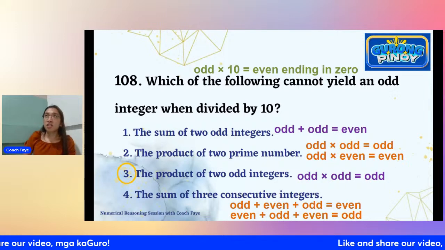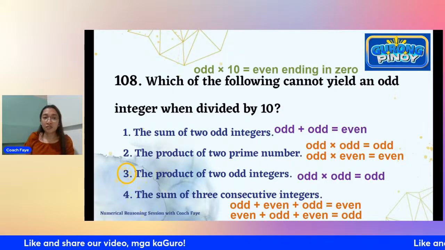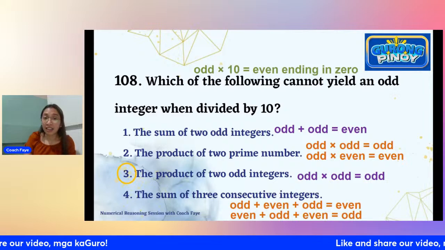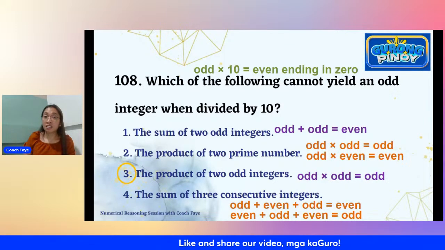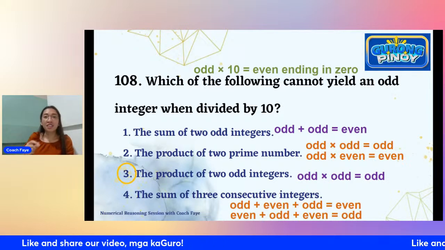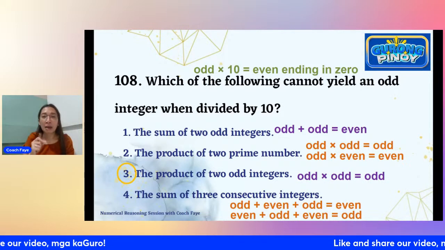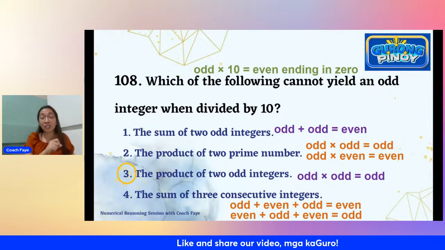So item number 108 might require a bit of analysis, deeper analysis, but this has been an item that previously came out. So what I would suggest for you is, if you encounter an item that is parang very difficult, like it would take a lot of analysis, don't hesitate to just choose your gut feel na feeling ko ito yung tamang sagot. Shade that temporarily and mark that answer in your answer sheet.